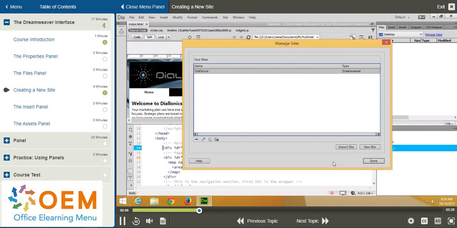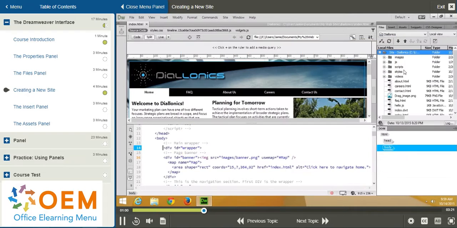Now once that site's been created, I can go ahead and just click done. And notice how this has changed. The Files tab has changed, and here we have Site, Dialonics, and then all the component files that are in my local folder. Now we also see some new icons being added here, such as Connect to Remote Server, Refresh,